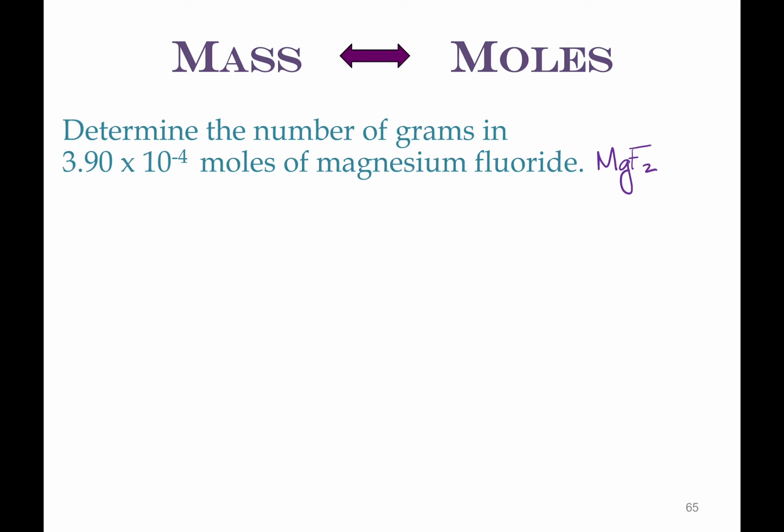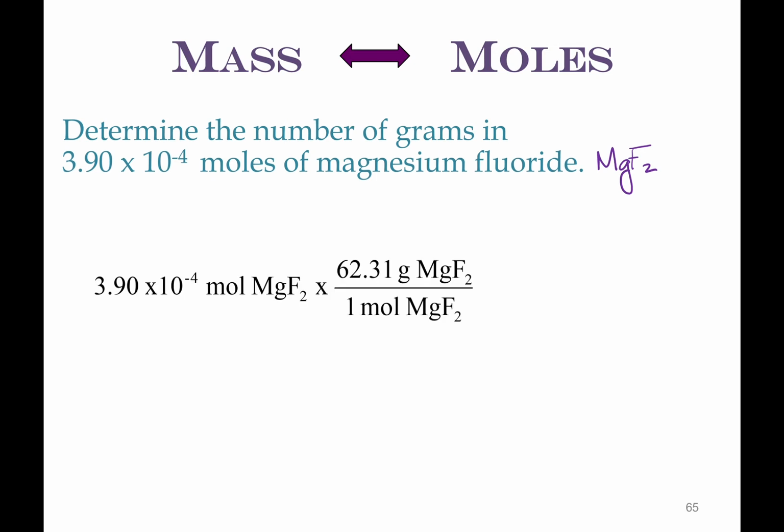So we start with the 3.9 times 10 to the negative 4th moles of magnesium fluoride. We want to get rid of moles of magnesium fluoride. We say 1 mole of magnesium fluoride is equivalent to 62.31 grams of magnesium fluoride. This is the molar mass, just put into dimensional analysis. When we multiply by that in the calculator, we get